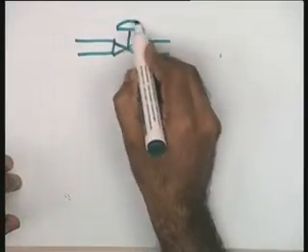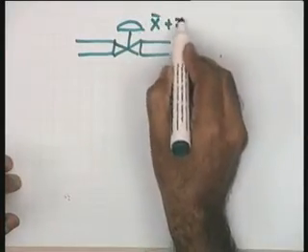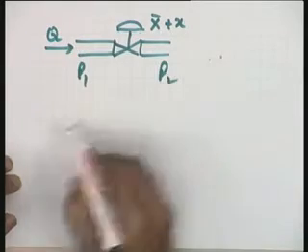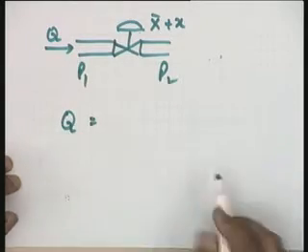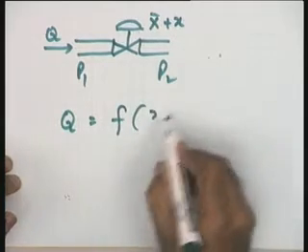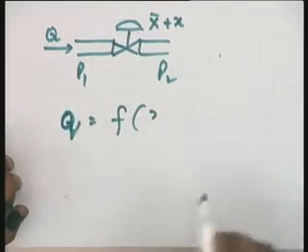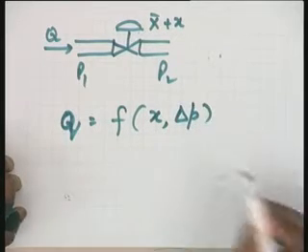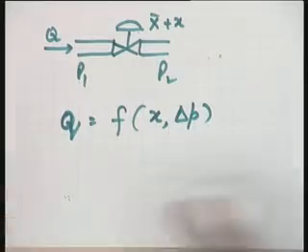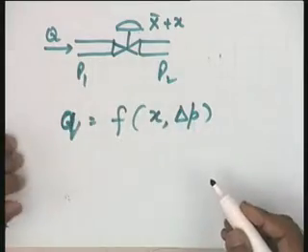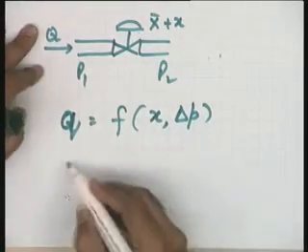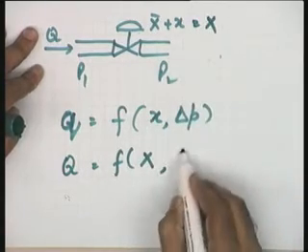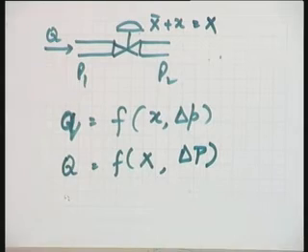where the flow opening is X bar plus x, the inlet flow is Q, and the pressure is del P, your net equation becomes: Q is a function of the flow opening X. Let me call it small q. Small q is a function of the small flow opening x and del p, the differential pressure across this. Or if you want, the total equation could also be written. In that case, it will be q equals f, the total flow q is a function of x and the total pressure del p.